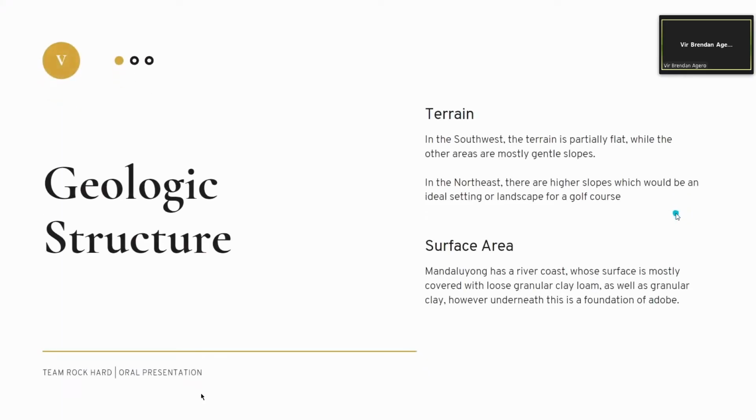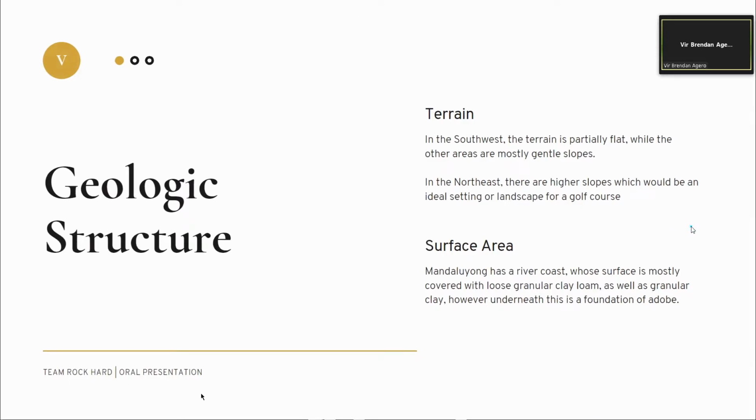Moving on, the geologic structure of Mandaluyong is that the terrain of the city is partially flat in the southwest area, while the rest is mostly rolling with gentle slopes. In the northeast area, there are higher slopes that allow for an ideal landscape for a world-class golf course. The lowest point of the city is inland, and this is almost always affected by flash floods during the